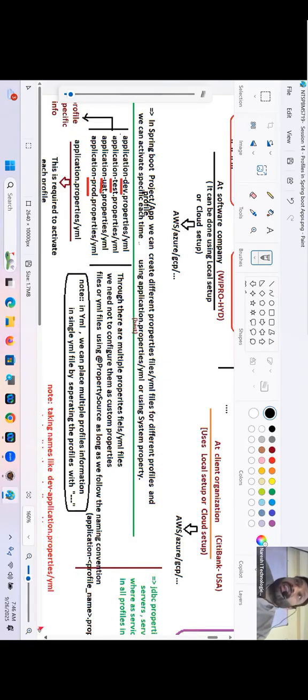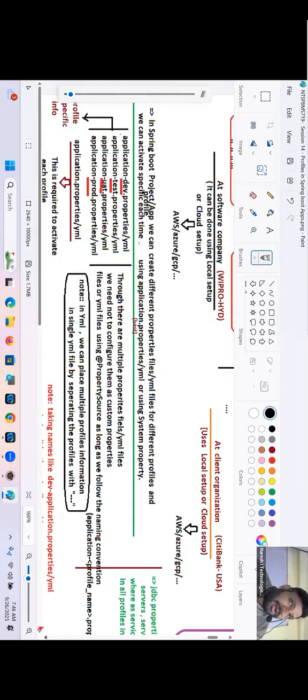Okay, now let's make our mini project work for different profiles. If you start using the profiles concept, there is no need of using a qualifier, no need of using a factory bean to switch from one database to another database, because profiles is one more technique.